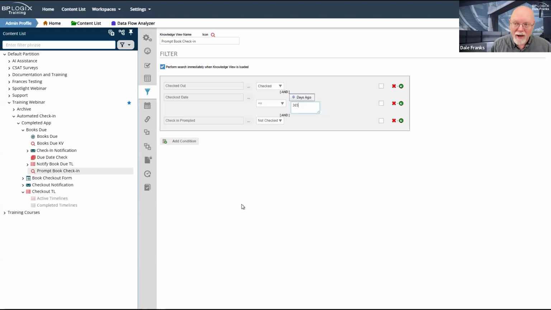This is the way that I did it. I kind of did it this way on purpose for our demonstration. In the real world, would I do it this way? Probably not. I think I would probably save the due date as a field. I would just derive it via calculation when the form was originally submitted. Now I've got a due date, and I can just check to see whether the checkout date